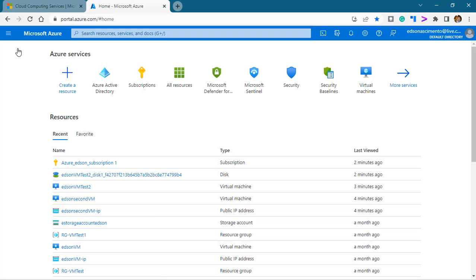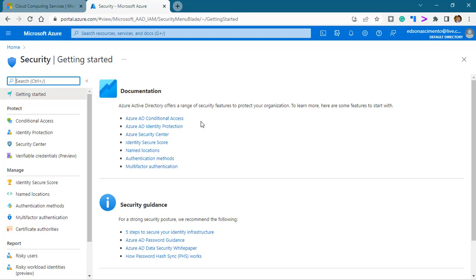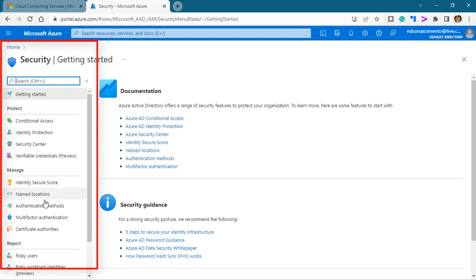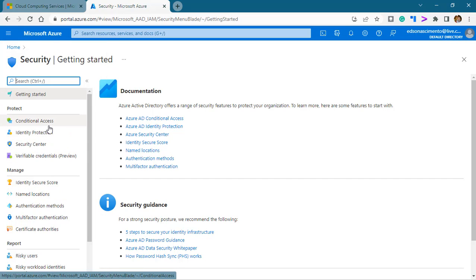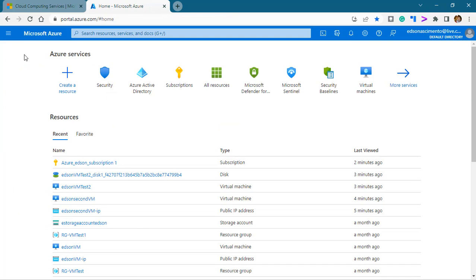So let's go back to resources and security, which is the big issue now that everybody's talking about. These are all the resources that you have when it comes to security: conditional access, identity protection, security center. Security center is very interesting because from here, if you have access to all the resources, you can see everything Azure can provide for you. Back here,